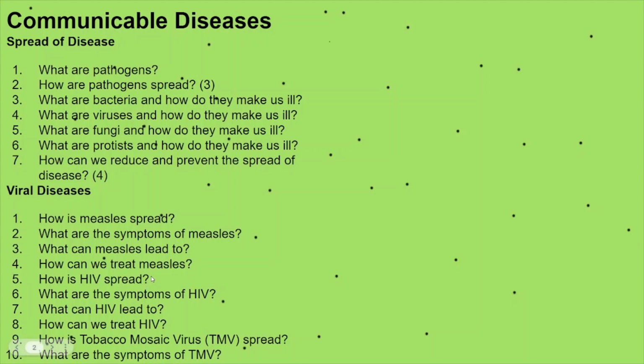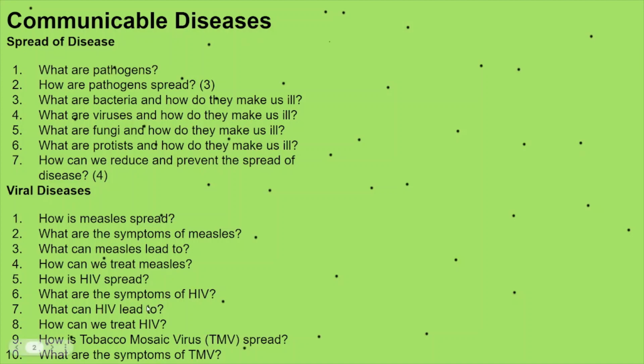HIV is spread through direct contact, mainly sexual contact. It is a STD. The symptoms of HIV, after you've got it, you may have some flu-like symptoms for anywhere from a few days to a few weeks. So some coughing, sneezing, maybe a temperature. But then, interestingly, for a few years, you don't get any symptoms at all because the HIV is in the body. It doesn't affect you directly, but it's targeting those immune cells, so it targets the immune system, and this